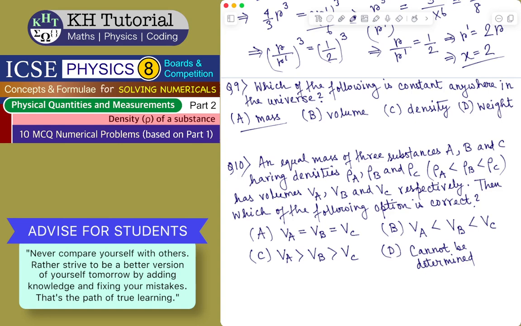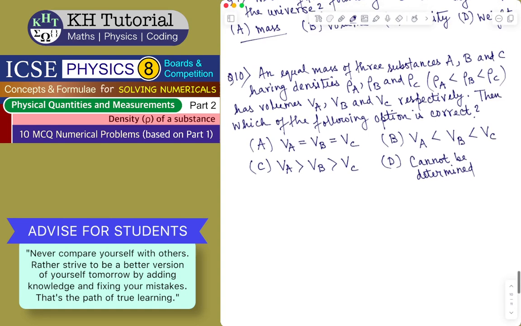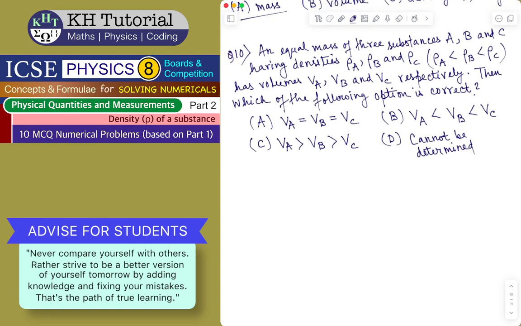So mass is the only quantity of measurement. Mass is the only attribute of a body that remains same anywhere in the universe. This is a very conceptual problem. You must clearly understand this. Okay, question number 10 says an equal mass of three substances A, B, and C having densities rho A, rho B, and rho C,